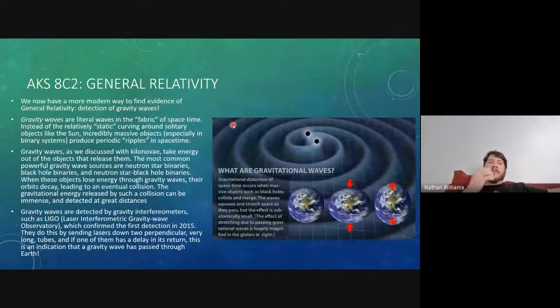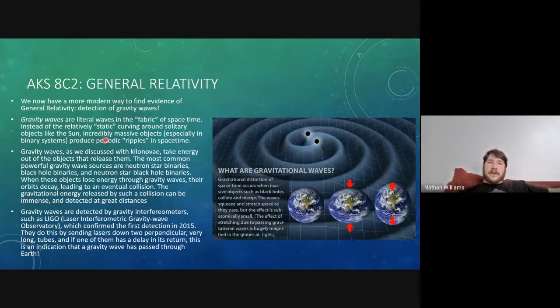All right, modern proofs. Really just one, and this is called the detection of gravity waves. This is a recent development. Gravity waves are literal waves in, again, the fabric of space-time. So if you can imagine space-time itself, the universe itself, being rippled up and down with a wave moving through it, that's pretty much what we're talking about. And instead of the relatively static curving around objects like the sun or like a really massive black hole or something like that, gravity waves again produce,